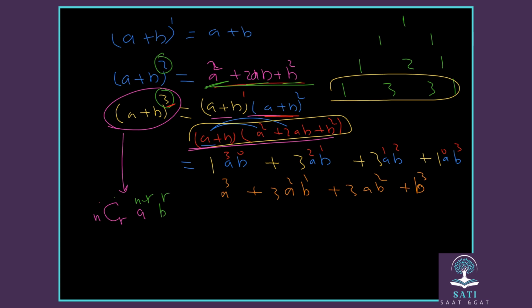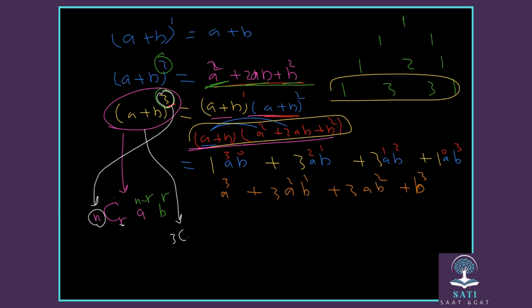If I want to choose the first term, I want to find the first term. What is n? n is the power that is here, which is 3. And r is the number you want to choose. For the first term, r will be 0. So we start r from 0 for the first term. So that means it's going to be